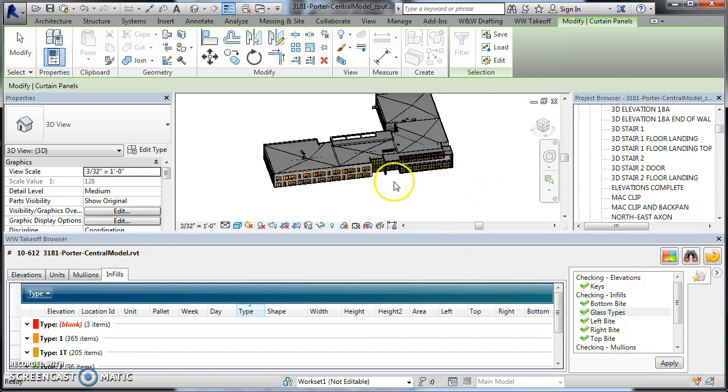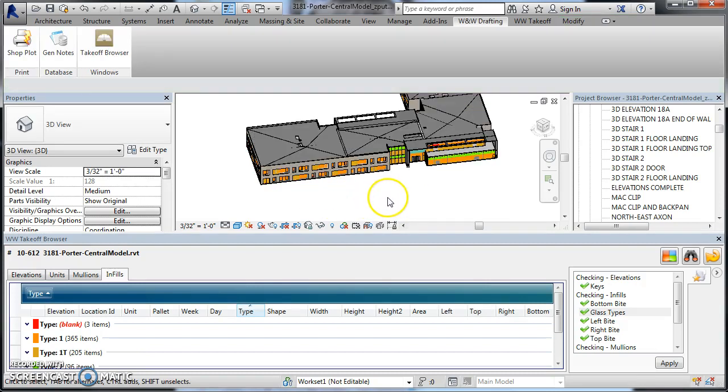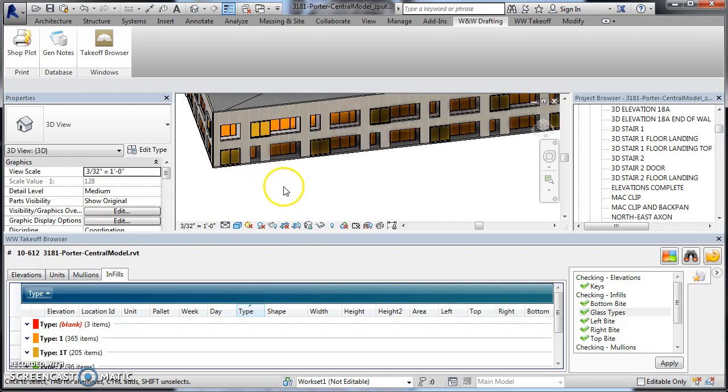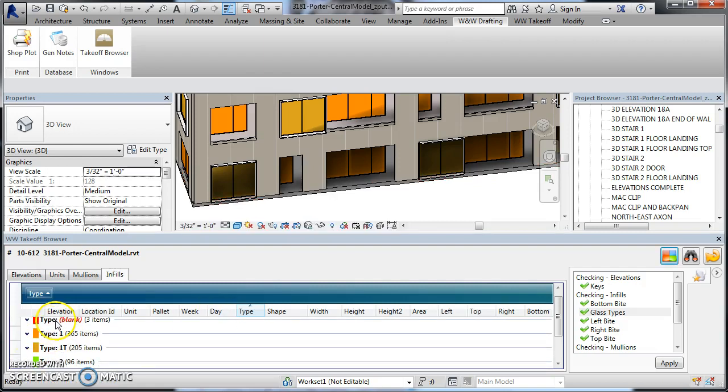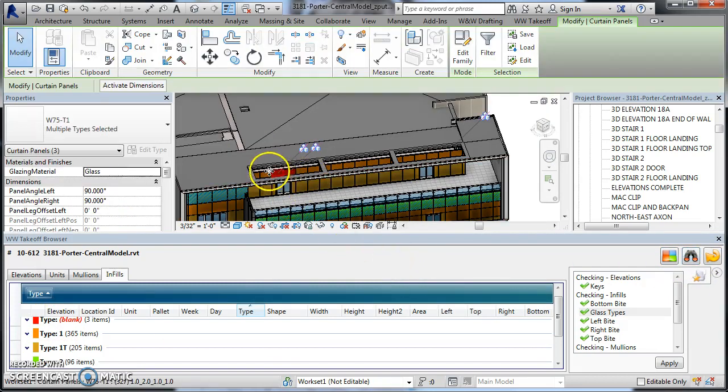And now all my lights are colored by whatever glass type it is. They're also selected from the previous thing. Okay, there we go. So you can see here the oranges are type 1s, and the gold ones are type 1Ts. Looks like I have 3 blanks, so to find those easily, I can again click on the group to select everything in the group, and then hit the binoculars, and those three are right there,